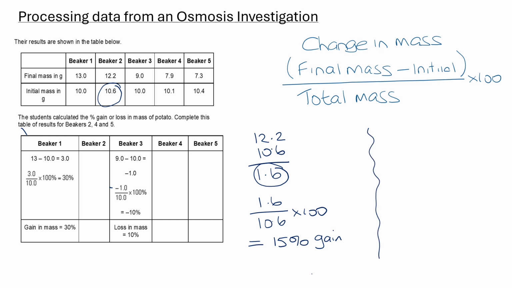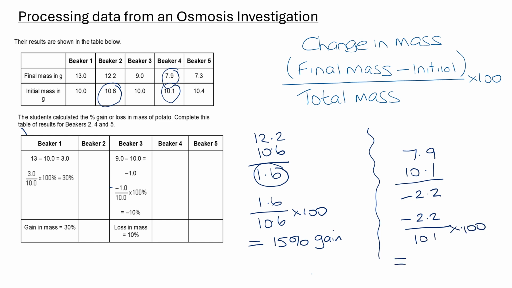In Beaker 4, on the other hand, again we'd use the data at the top of the table, the final mass and the initial mass, so it would be 7.9 minus 10.1. That gives us a value of minus 2.2, so that's the change in mass. We put that then into our percentage mass formula, so it would be minus 2.2 divided by 10.1 times by 100,